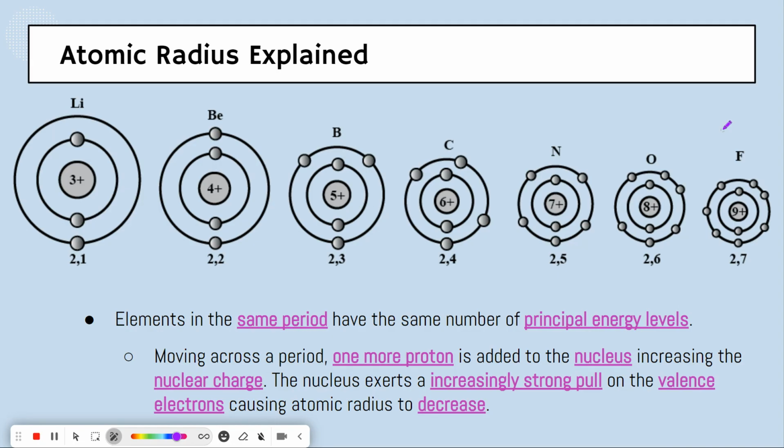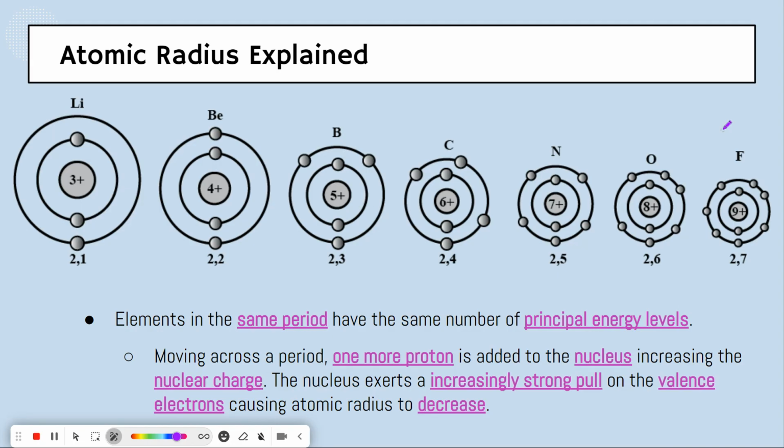As you go left to right across a period, the size decreases. It increases because of more energy levels, and decreases across because there's more positive charge in the nucleus and a stronger